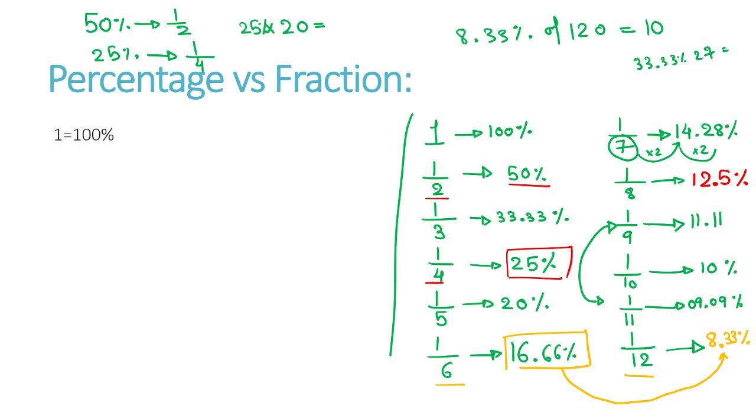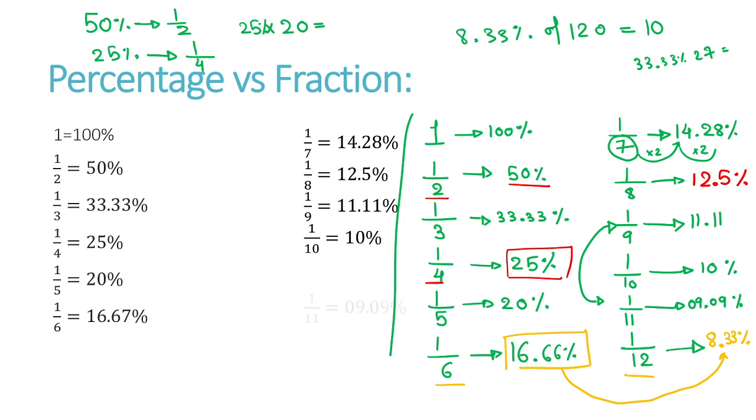Now the thing is that the race is still not over. Here I gave you fractions. Definitely we will not study 1/13 or 1/14, but the fractions seen here also have some relatives. So let's talk about those relatives. If I give you 1/3 is 33.33, if I multiply this by 2, what will happen? It is nothing but 2/3. So I should multiply the fraction also by 2. So it becomes